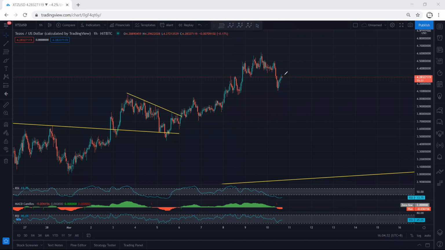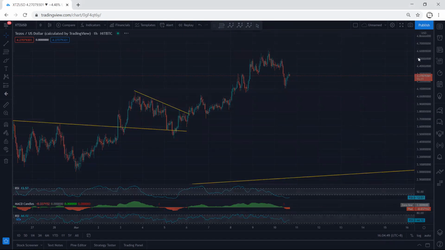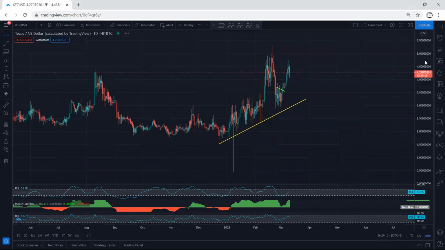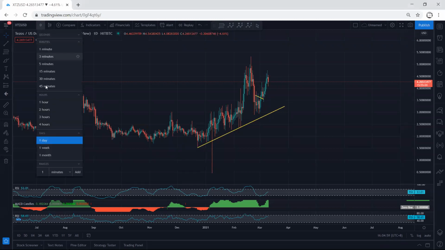But how about if the price continues from here? Those traders who got the sell from here need to start to manage it. Anyway, we move to the higher time frame. We want to see what's next and how we can trade it. Based on the daily chart, we have nothing. The only thing is whether we can get the correction here for continuation or not. And if we move to the 4 hour chart,